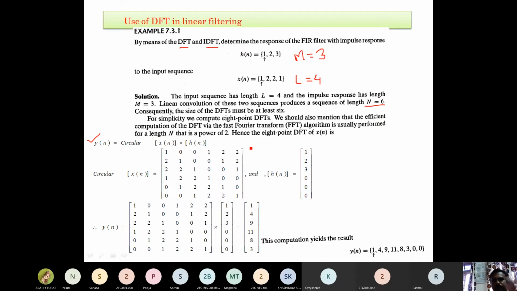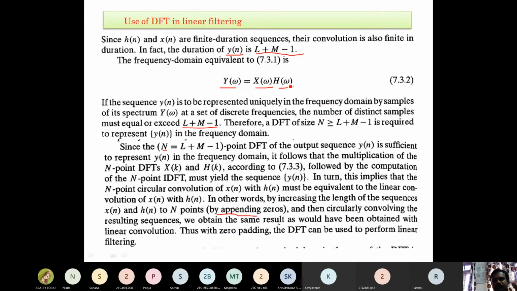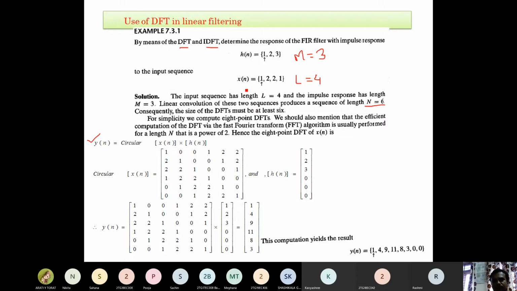Okay, instead of going for so many calculations by taking DFT of x of n and DFT of h of n and performing multiplication of x and h, then how to get the y of n? So y of n is nothing but what? Inverse discrete Fourier transform of Y of omega. So that is nothing but y of n. Okay. So how to get directly? So is there any method or is there any shortcut? So the shortcut is here.